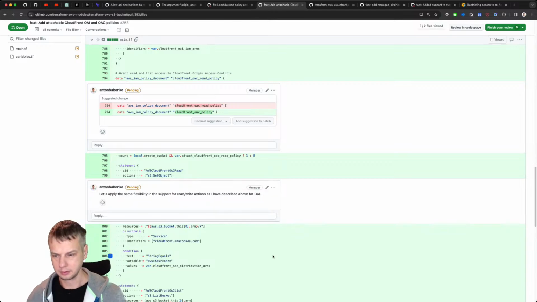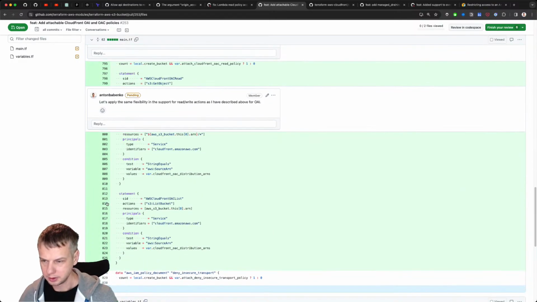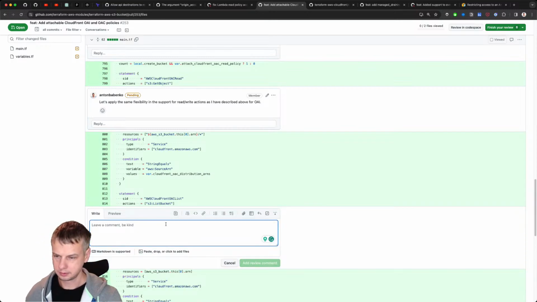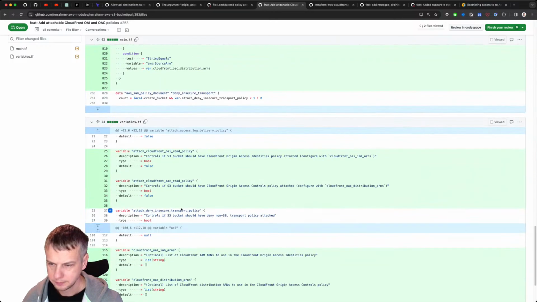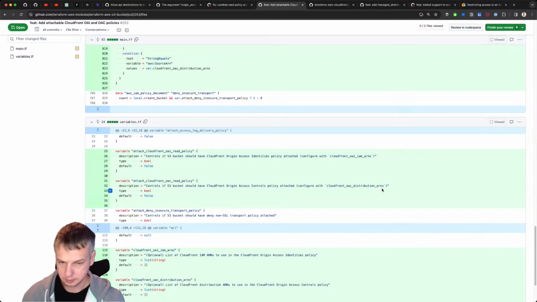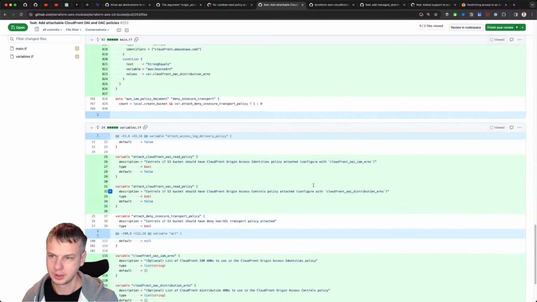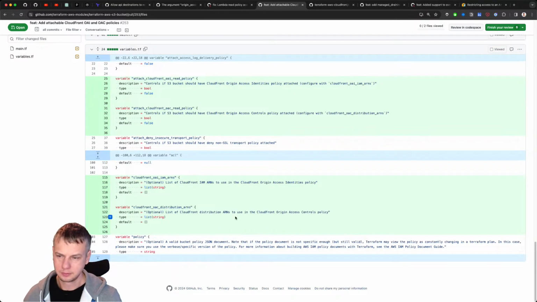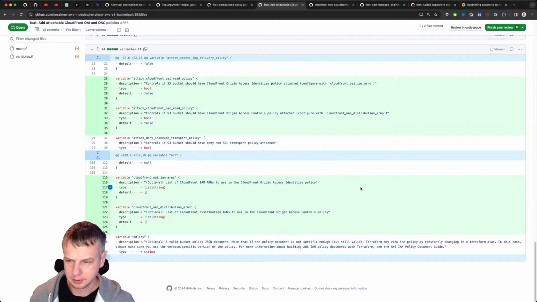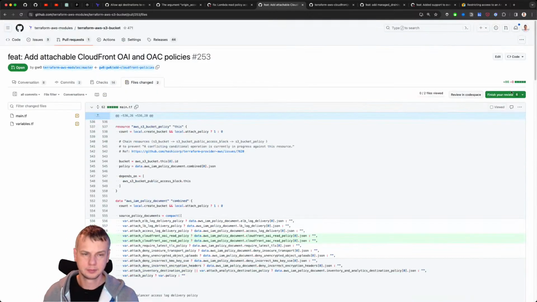Yeah, I think it's cool. And yeah, well, I don't want to repeat this one. Controls if S3 bucket should have blah blah blah. No, looks good. Not as good as I expected, but at least in the right direction.